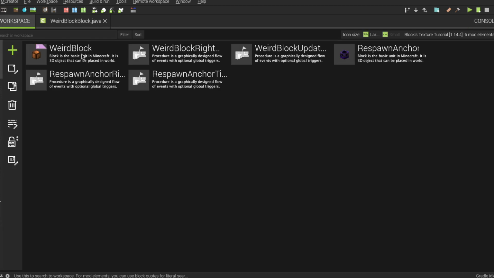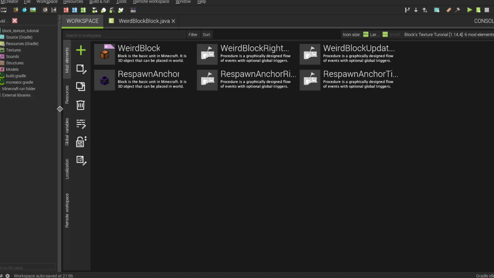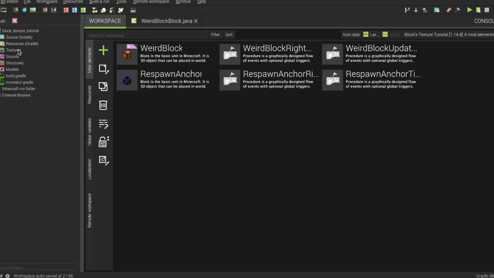So now what I must do is create here, you're going to open this, okay, and you have the files of my block texture tutorial for me, but it will be something else for you. You're going to resources, assets, the name of the workspace, and then models, block.